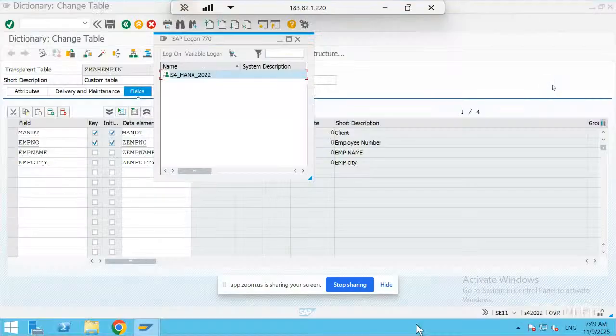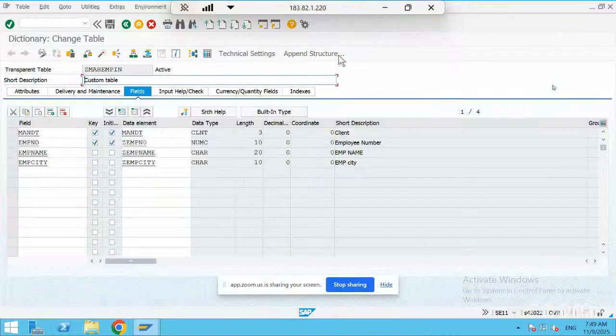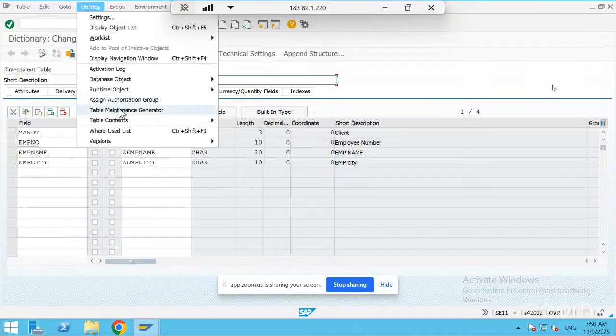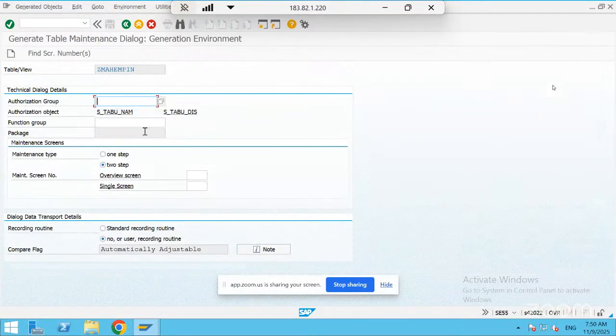Yes. Now also you can see, right? Yeah, I just see this is the table I maintained. If I go to change, okay. If I go to the table maintenance generator, and I give something here, objective, no ampersand, it won't accept. Give ampersand.